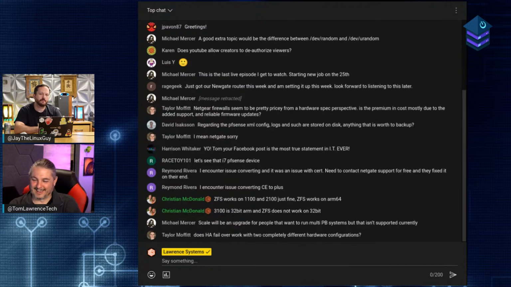Yeah, that's my understanding, and it's been a while since we tried it on mine, but you can't ZFS send either, correct? From a new one to an old one, or is there some problem? There are bugs with ZFS send, because you can send from old to new, but you can't send from new to old, because if you're using the old encryption, it doesn't support the new encryption. So there are some problems sending the encryption over because it doesn't have the extra parameters. When you use ZFS send, you're doing everything at a block level, so the destination has to have the support within the file system itself. So if you're running old encryption, there are some translation problems with getting that to work.